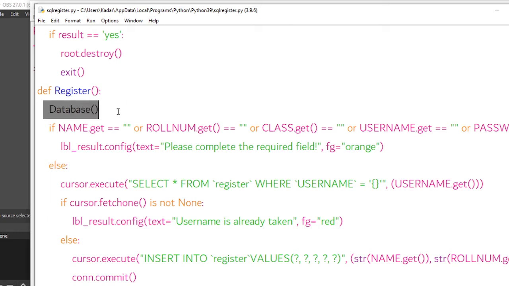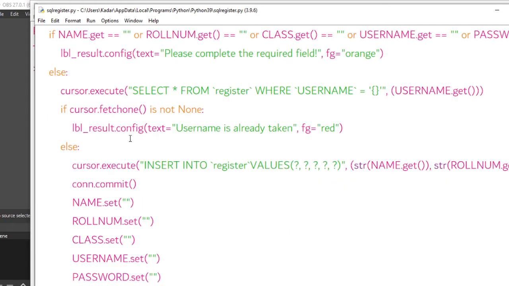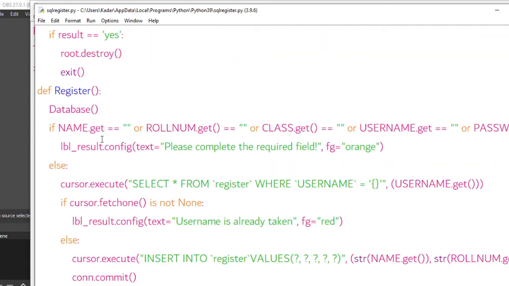Here first we call the database() function. After that we are checking if all the fields are filled or not. Here we are checking using the if condition: if name.get() equal to empty or roll number.get() equal to empty, or class.get() equal to empty or username.get() equal to empty or password.get() equal to empty, then we set the text for the label. Else,